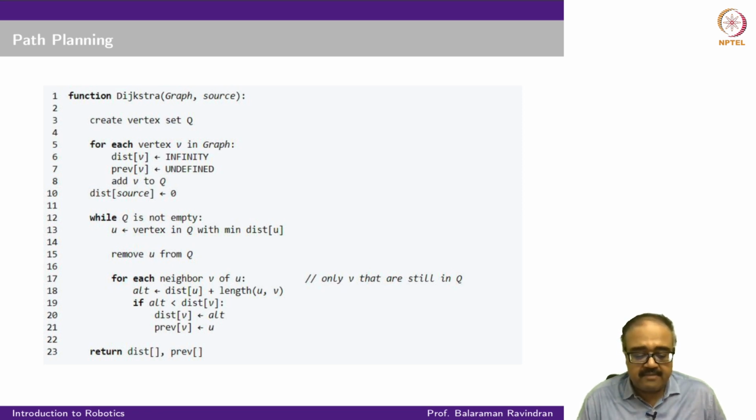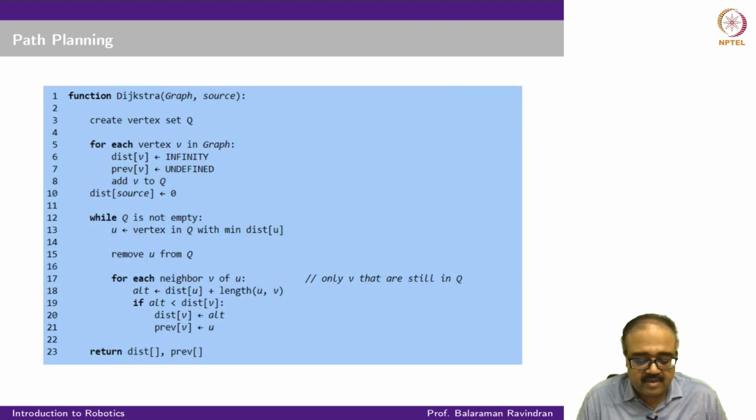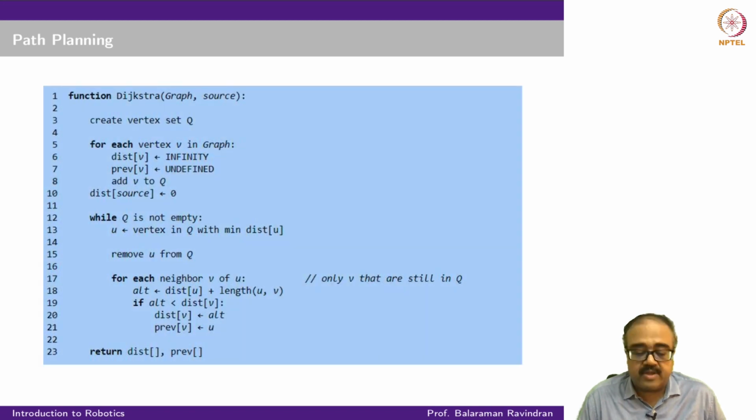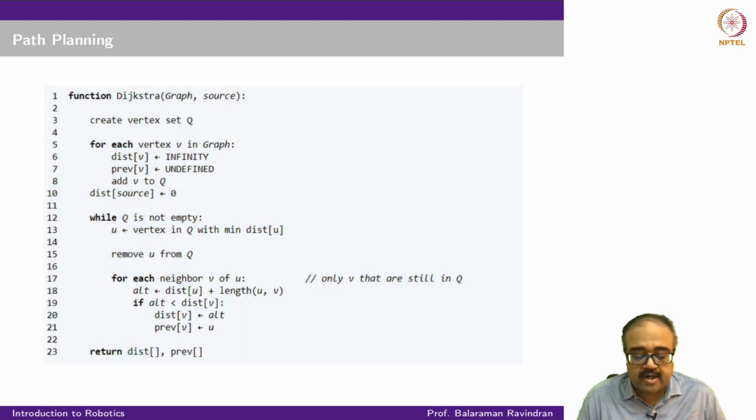So now what do I find? First I pick the U that has the shortest distance so far that I have estimated from the source, and I'll examine this U now. Now U is going to become visited, so I'll take U out of Q. And for each neighbor V of U, I'll look at how far I have come from the source to reach U, and how much more I have to go to reach V from U. I'll compute that, and call it the current alternate distance. If the alternate distance that I've computed is less than the distance I already have stored for V,